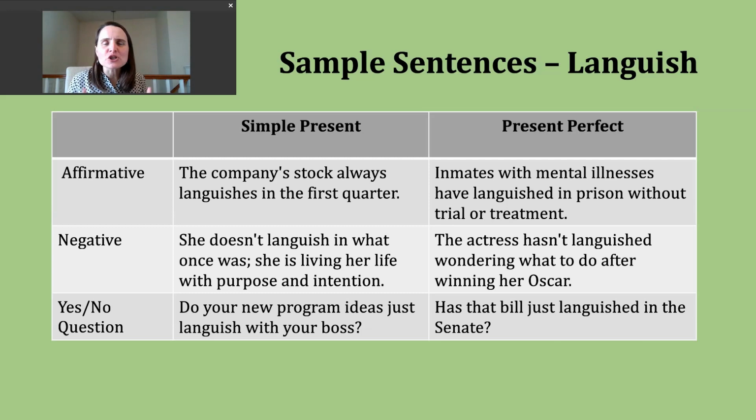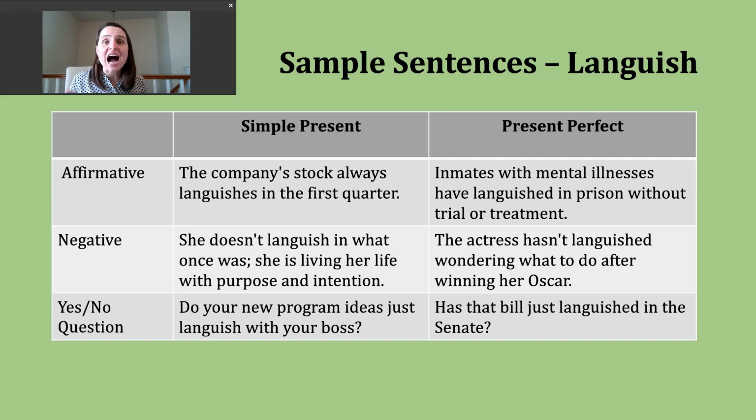Sometimes you'll hear languish used in connection to finances, the stock market, right? So we're tying this back to the second definition, that something isn't making progress, it's not being successful. So here, the price isn't going up, might be going down, it might just not be making any progress at all. And stock here would be like saying "it," and that's why you see an -es on the end of my verb. Let's look at making simple present sentences in the negative now. Again, I pay attention to my subject.